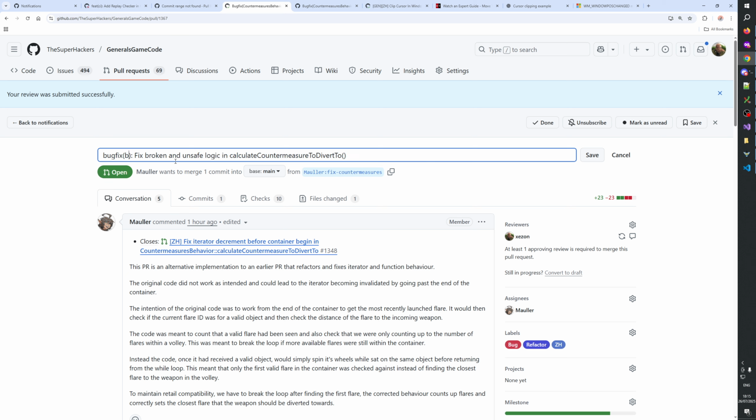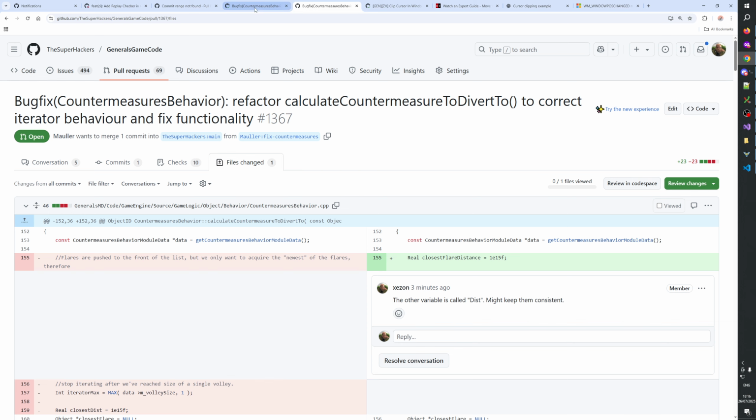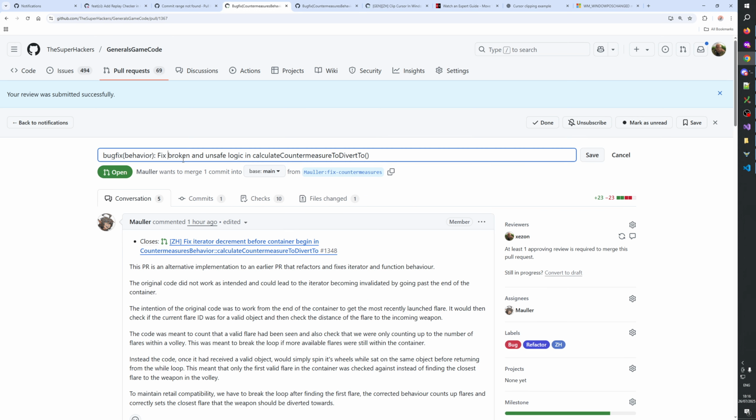Bug fix about required behavior. Behavior.